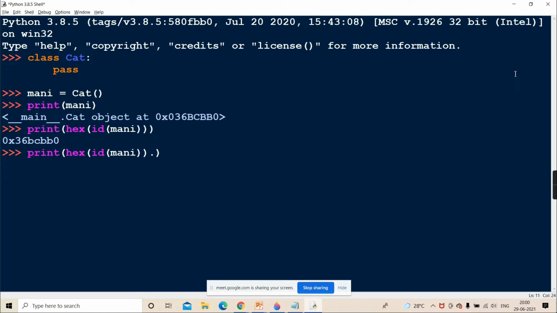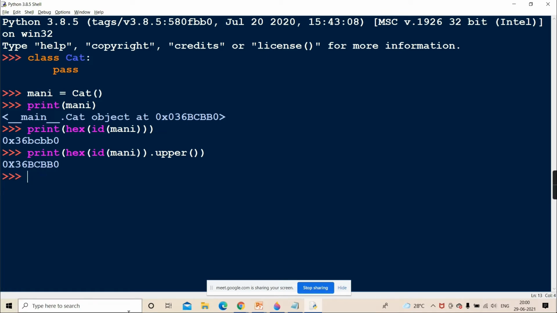Suppose here if I write dot upper, will it work? All these things we have studied. The upper function we have studied in strings. So id returns the decimal address, that decimal address is converted to hex, and that hexadecimal value comes as a string. Then that string object invokes its upper method, which returns the same address in uppercase.